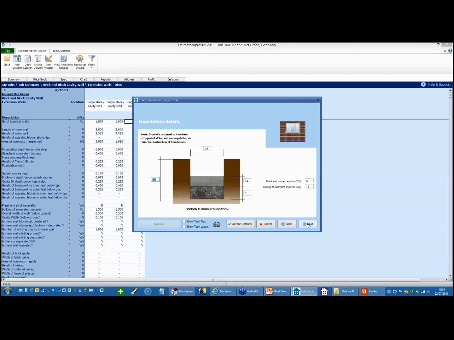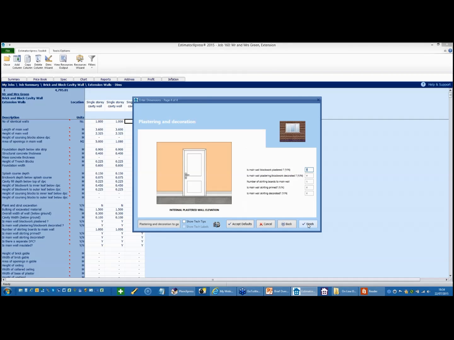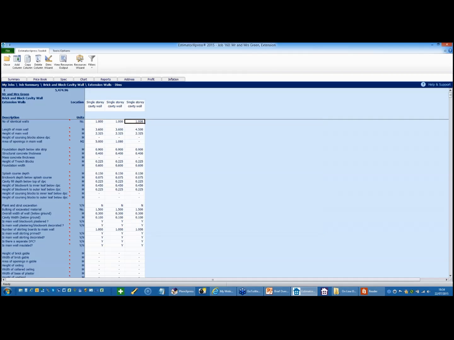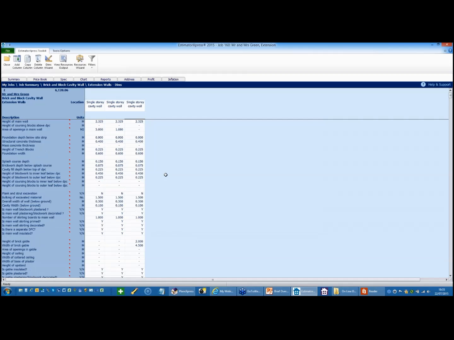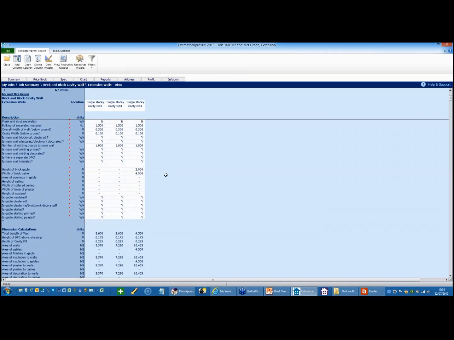Again, I can confirm the foundations. Now the software has obviously remembered all of the previous values, so the footings and the decoration spec are all the same. So you can now see that we've done those 3 walls in, I don't know, a minute. So what's the software actually done at this stage? If I scroll down the screen,